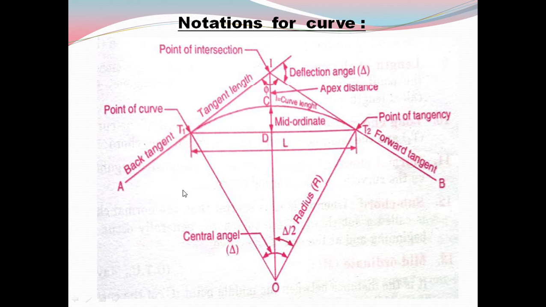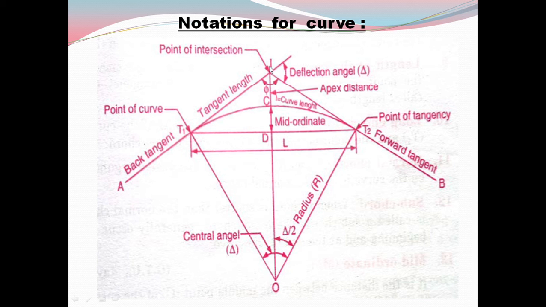Once again I will explain. So AI is called back tangent and first tangent. IB is called forward tangent, and also it is called second tangent. Now the starting point of the curve is called point of the curve. It is denoted by PC, or we can call it T1. So T2 is called point of tangency. It is denoted by PT,